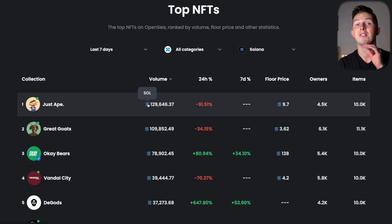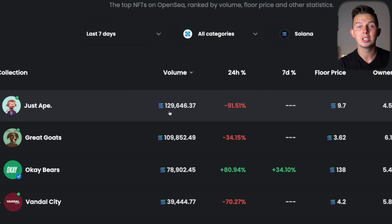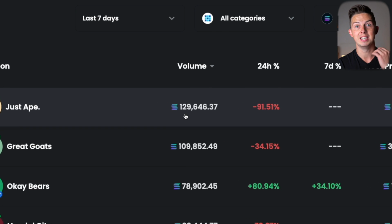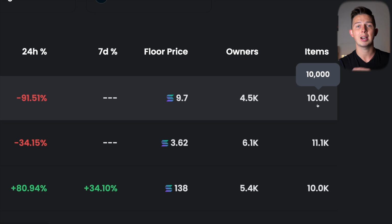Welcome back, and today we're going to discuss two of the hottest NFT projects right now on Solana. The first one we're going to talk about is called Just Ape. They've just minted and they've had over 129,000 SOL in total volume over the last 7 days. Right now they're sitting at a floor price of about 9.7 SOL, 4.5 thousand owners, and 10,000 items in the